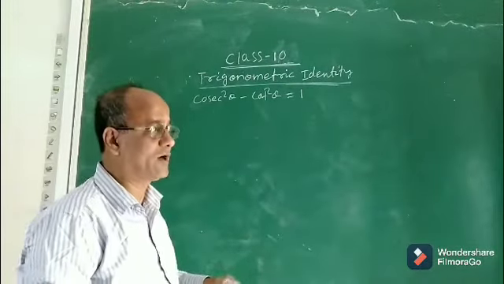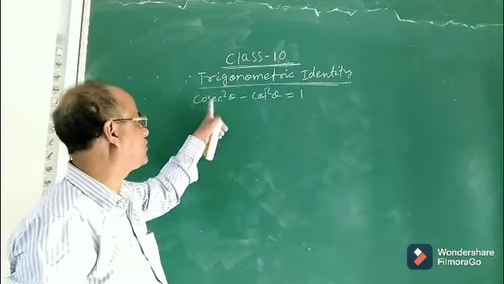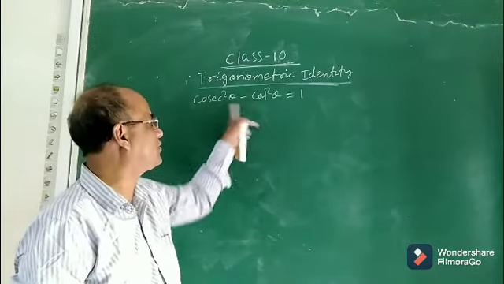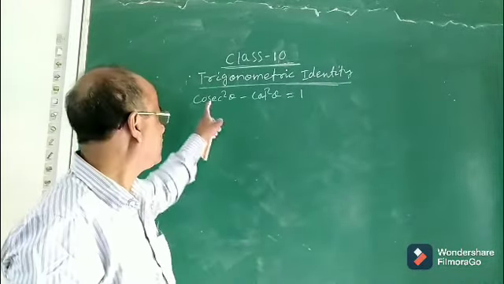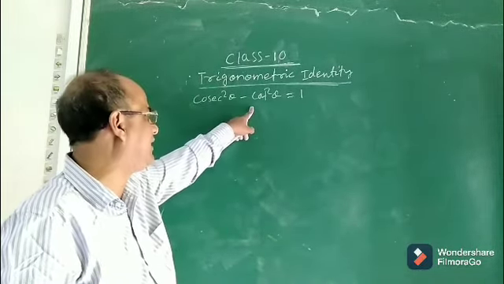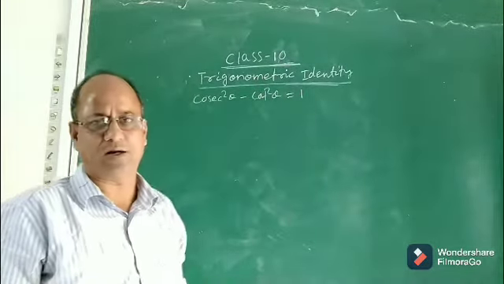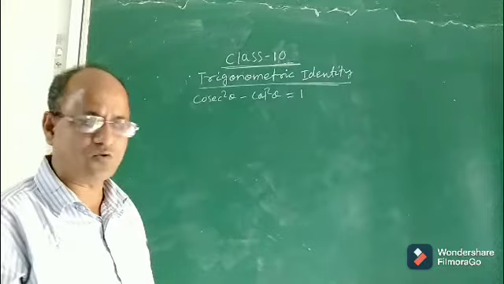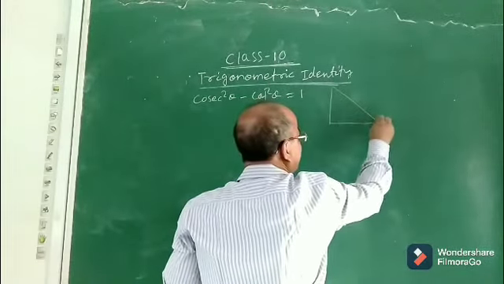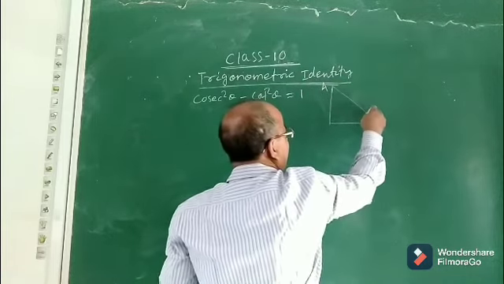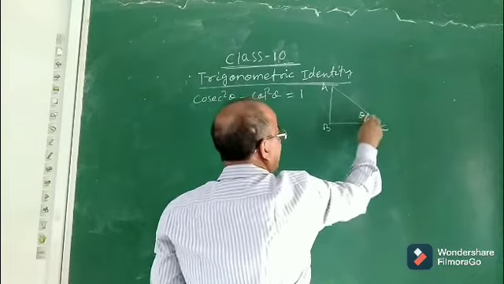Let us discuss the third one. The third trigonometric identity is the relation between cosec and cot. It relates cosec and cot ratio of an angle theta. So what is the third identity? The third identity says that cosec square theta minus cot square theta is always equal to 1. So let us prove it, whether it is true or not. Let us verify the truth. Similarly, to verify the truth, you take a right triangle, let this be theta, acute angle. So take what ratio?